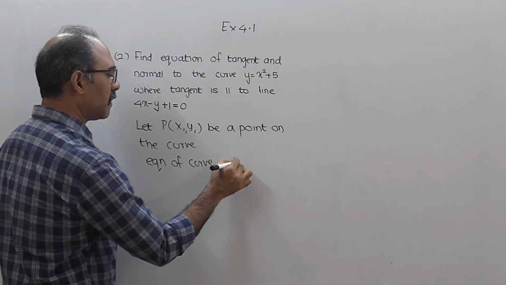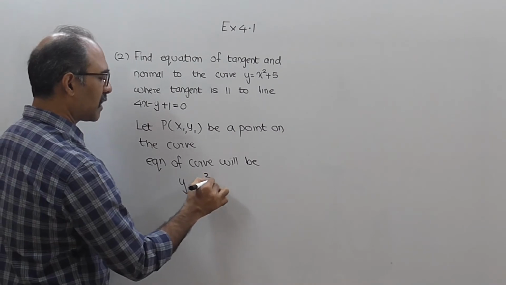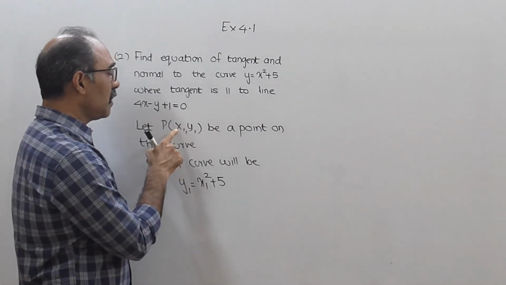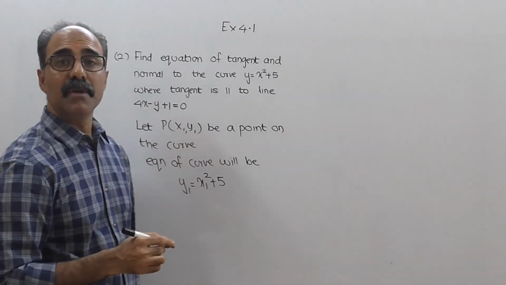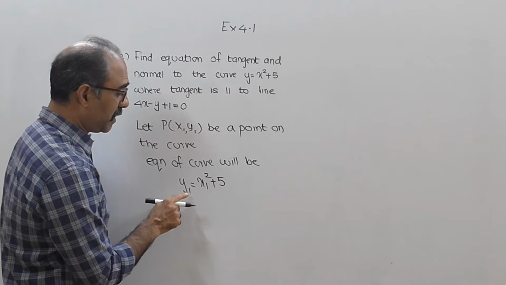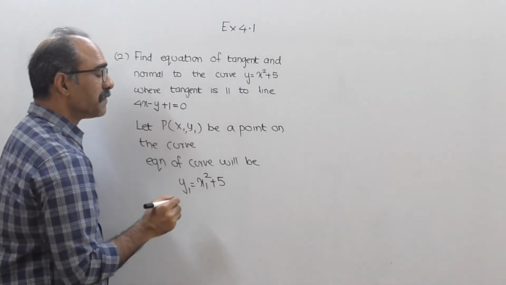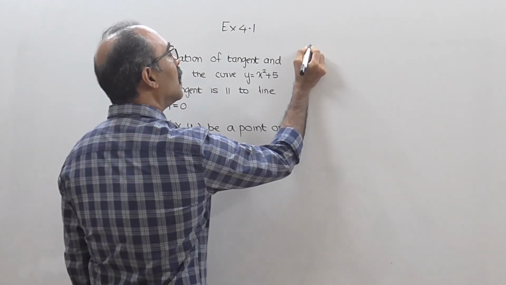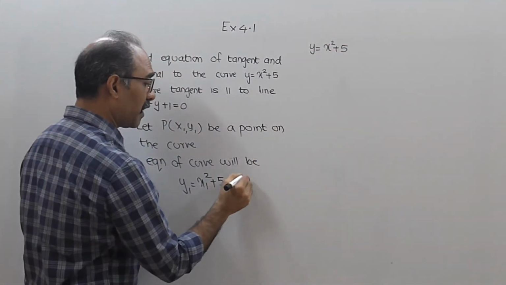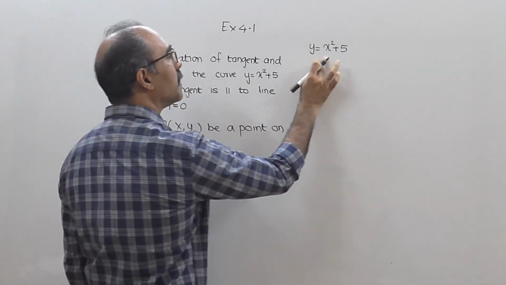So the equation of the curve will be y1 equal to x1 square plus 5. Because the point x1 y1 lies on the curve, it must satisfy the equation. Therefore, you have to change the equation in terms of x1 and y1. So put y1 in place of y, put x1 in place of x, and plus 5. Now, again, y equal to x square plus 5. This is a very important equation. It will be helpful for finding the values of x1 and y1. You will come to know a bit later.